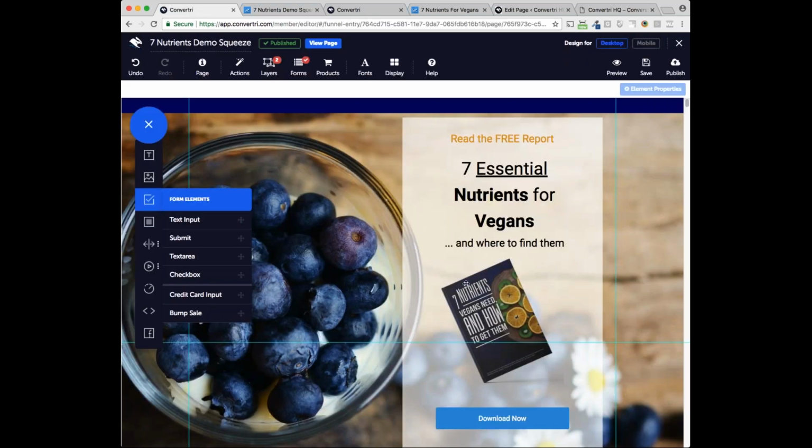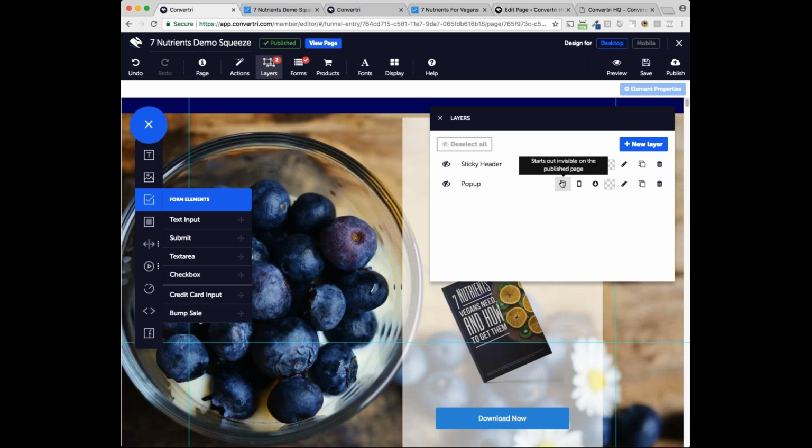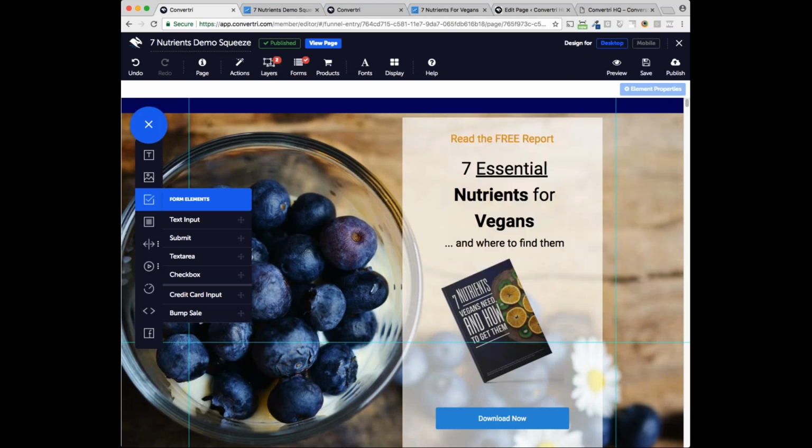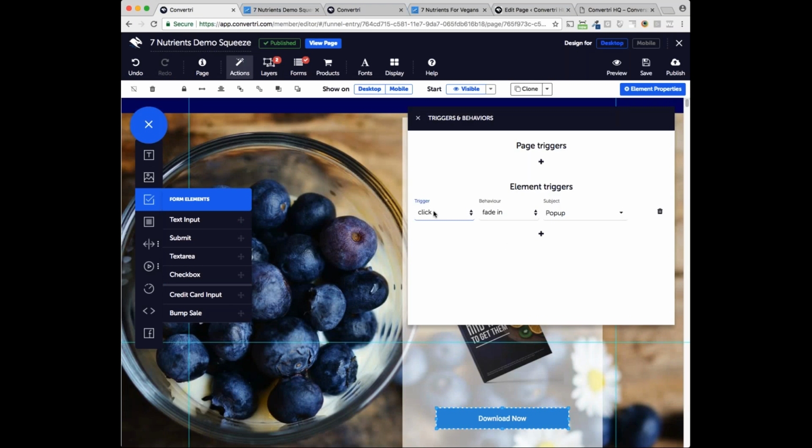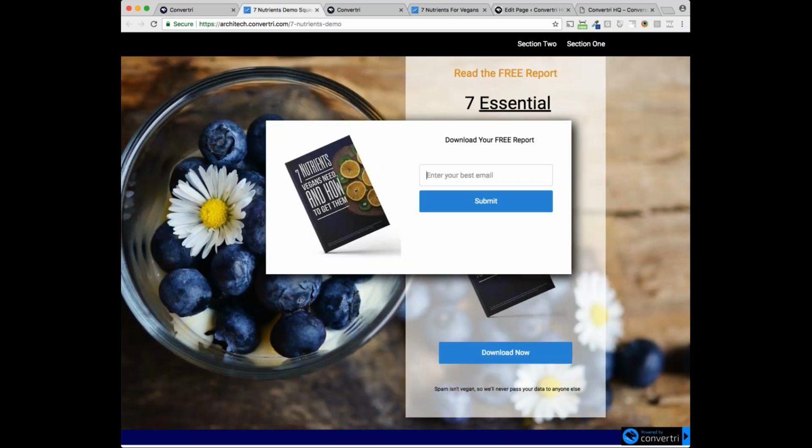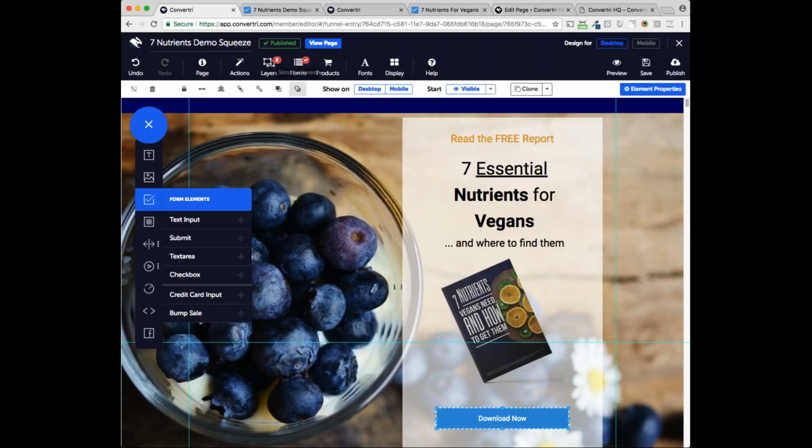So quick reminder, we have the layer which we want to start out invisible because we don't want it on the screen to start with. Then on the button, we create an action, which is on click, we want to fade in the pop-up. And that's how we create this effect that when we click this button, this layer appears. Then if we want,